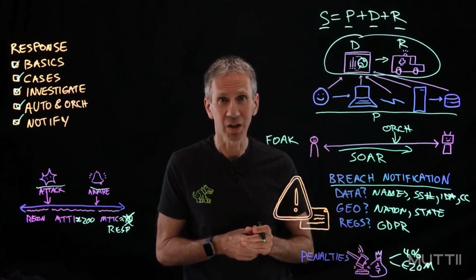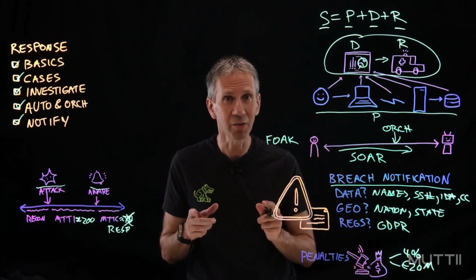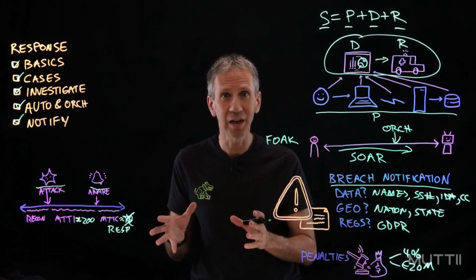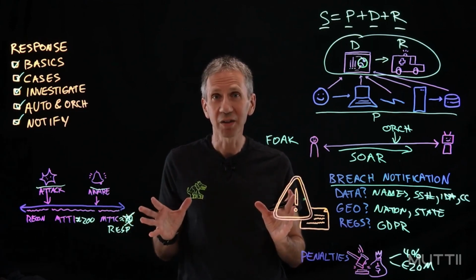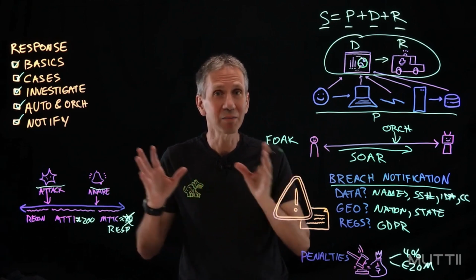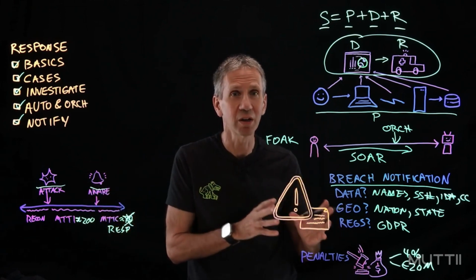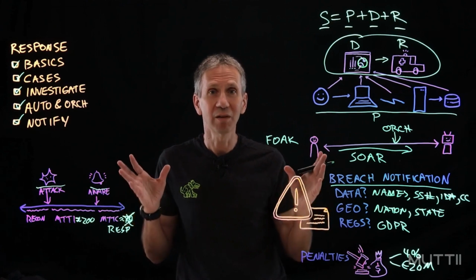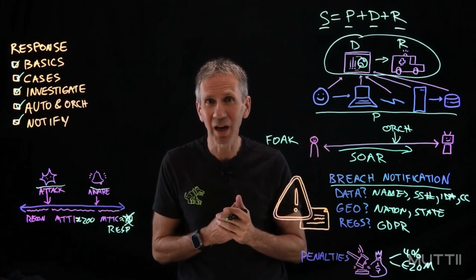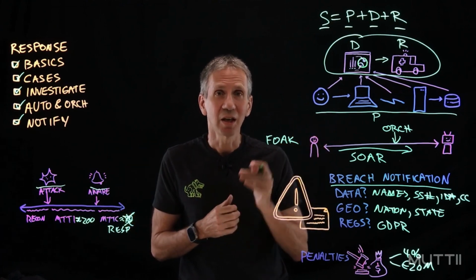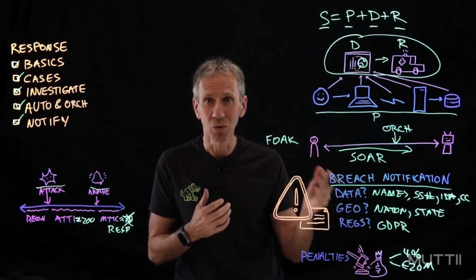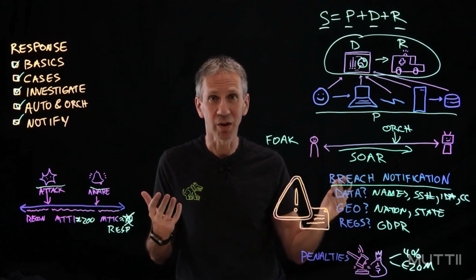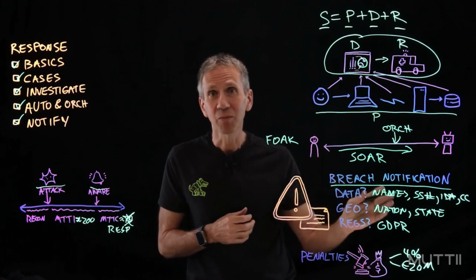That's a big penalty if you don't report in a timely way when consumers' data, citizen data has been compromised. And again, you might say, but I don't care. I am in the US or I'm in Australia. I don't have the EU really hanging over my head. Think again. If you've got EU citizen data, you might be subject to EU rules and penalties. So then it's a question of prosecution. But regardless,